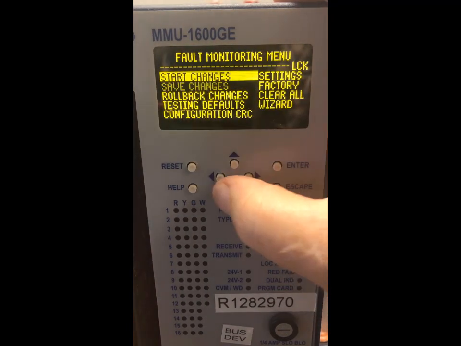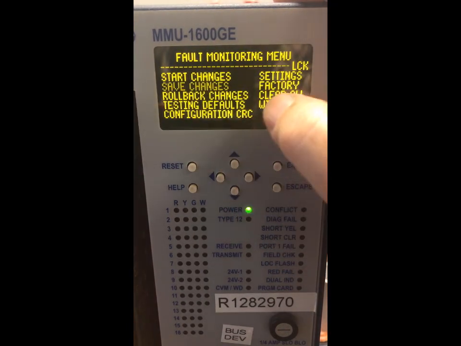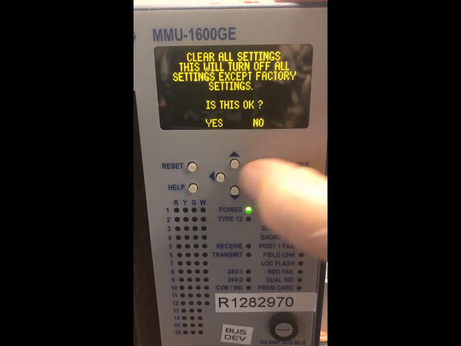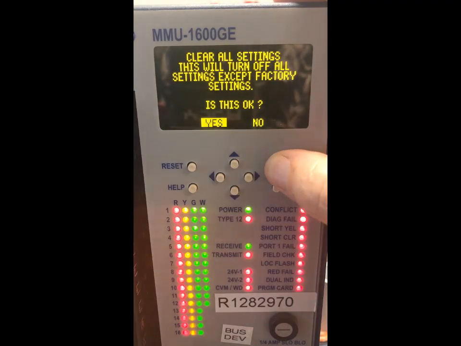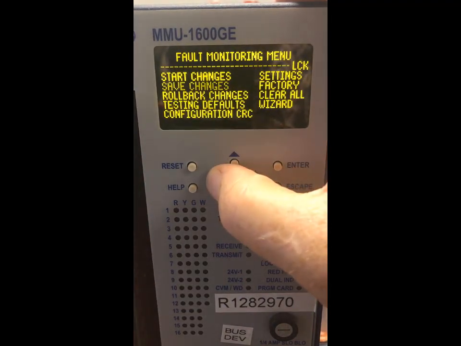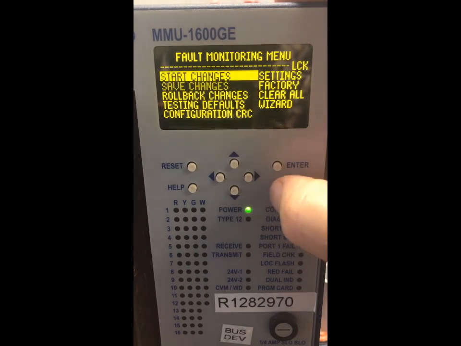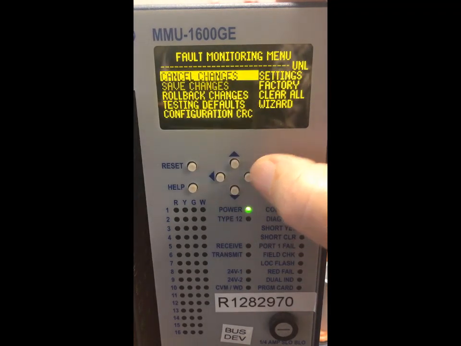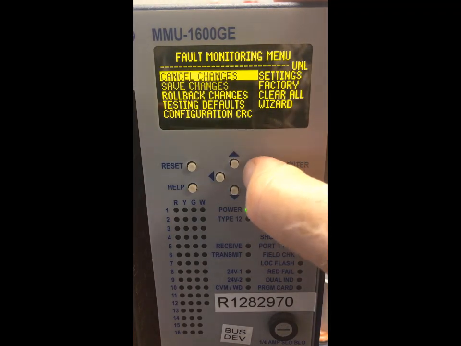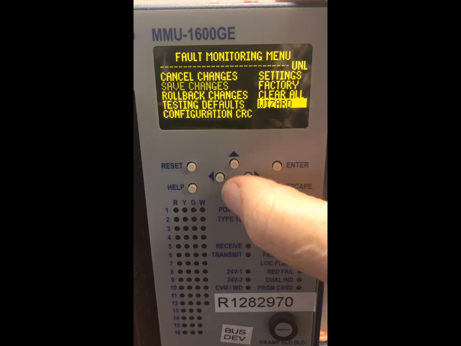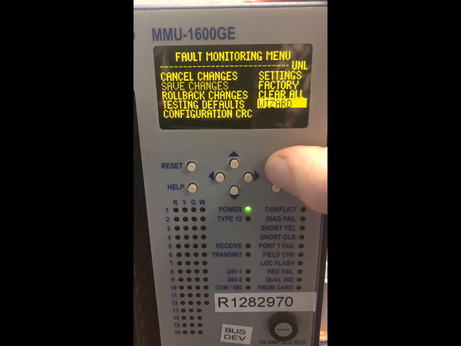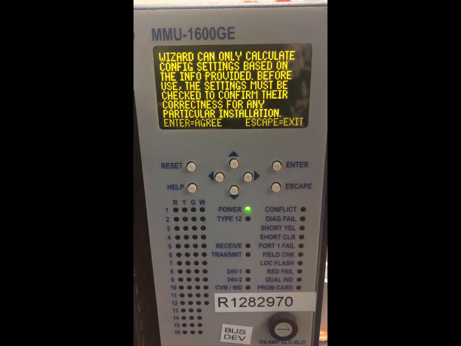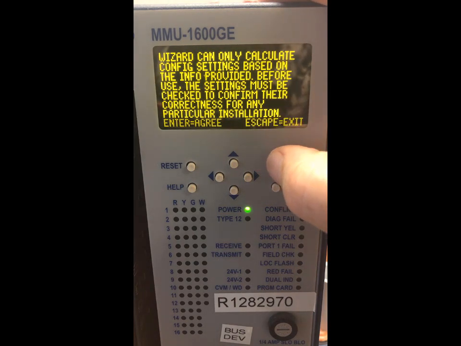You would have to start changes. But what I always like to do is go clear all. This gets you back to a factory setting. I go yes, and if you notice it's still locked, but once I hit start changes and say yes, now it's unlocked, and I'm going to work my way over to the wizard. Now that I have the wizard, I'm going to say yes, and it tells you what's going on. It's going to be calibrating and calculating and changing